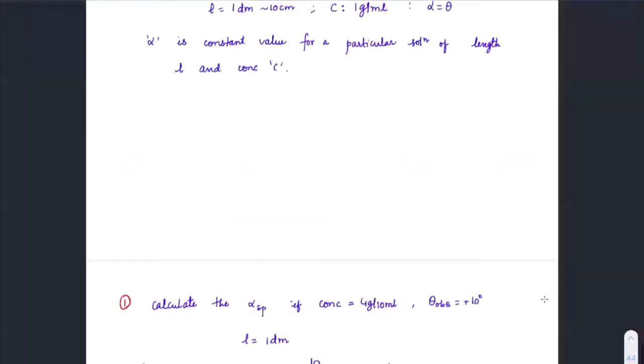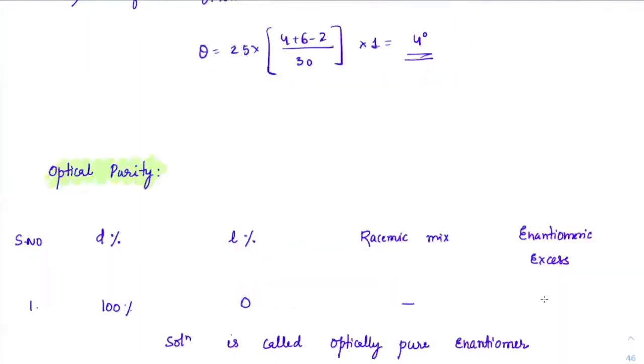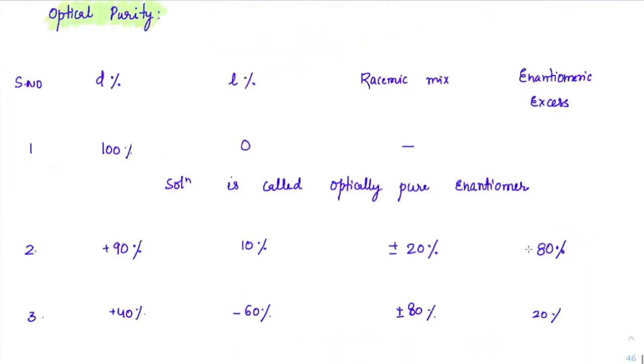I think all of you know how to do the questions on specific rotation. Just go through this. It's a very simple concept. It's not anything complicated. Okay. Last thing is the optical purity. So basically, if you have any particular configuration, how do we need to check?